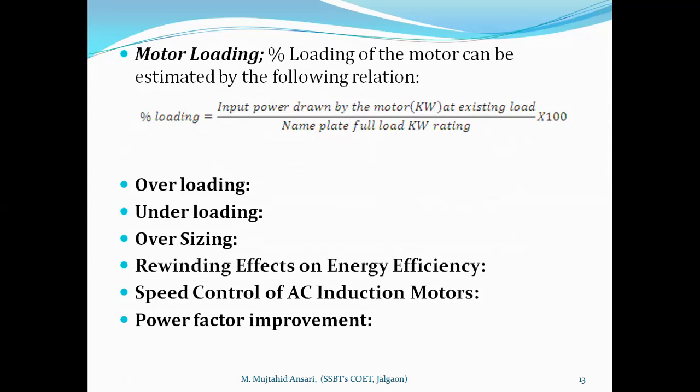If the motor is rewound many times, it should be replaced by a new one. If there are a large number of small capacity motors up to 5 HP and 10 HP, it is better to use energy efficient motors, because they give higher efficiency, especially in the range of 2 HP to 10 HP or 15 HP. And again, their working power factor is good. When the motor loading is small, the working power factor of the induction motor is smaller, and therefore we have to improve it by connecting a suitable capacitor.